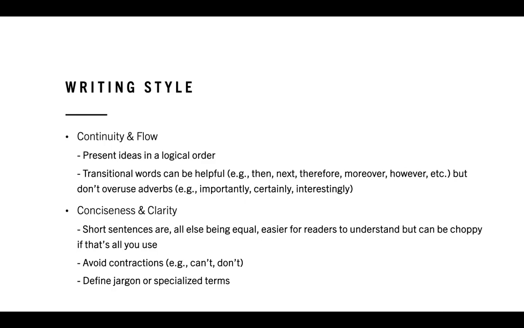Not a science. But for instance, you should be assuming that your readers for your dissertation are professionals in the academy, but they maybe don't know some of the specific concepts that you're exploring. So for instance, I know some of you are looking at sense of belonging. You're going to want to define what sense of belonging is, citing whatever scholar's version of sense of belonging you're using, right? That's kind of a specialized term.